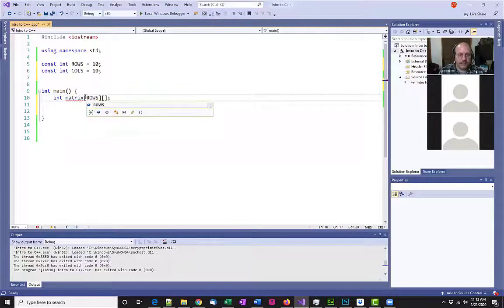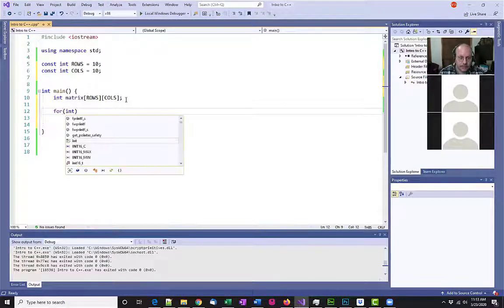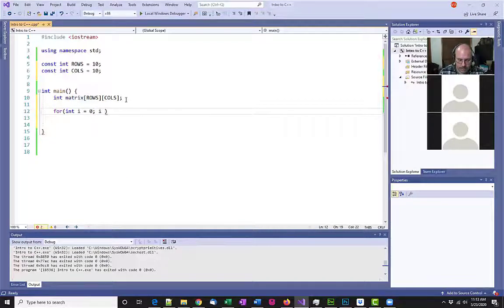And now I can put in here rows and cols. And that's just a nice, simple way to define my matrix. If I want to go in and assign some random values to this matrix, I'm going to use a for loop. int i equals 0, i less than my rows,